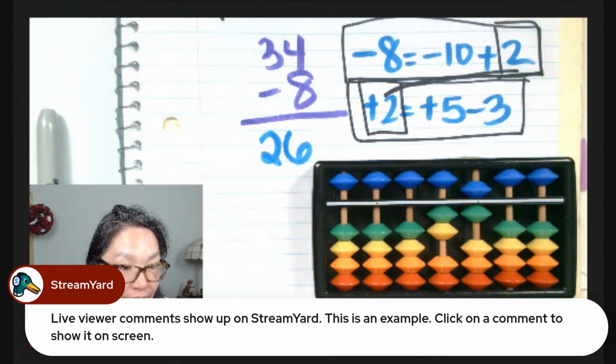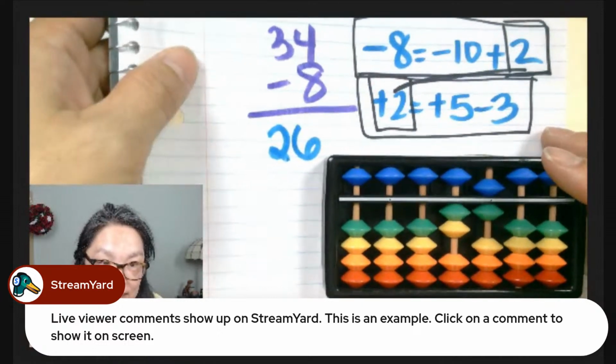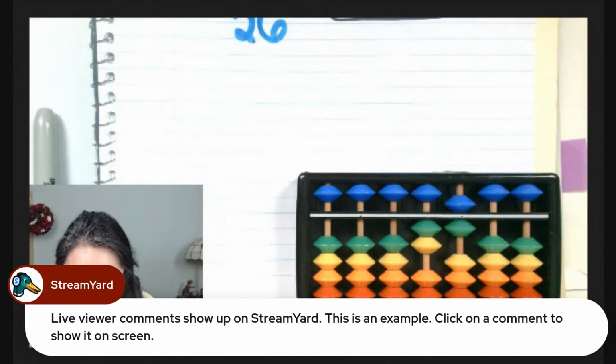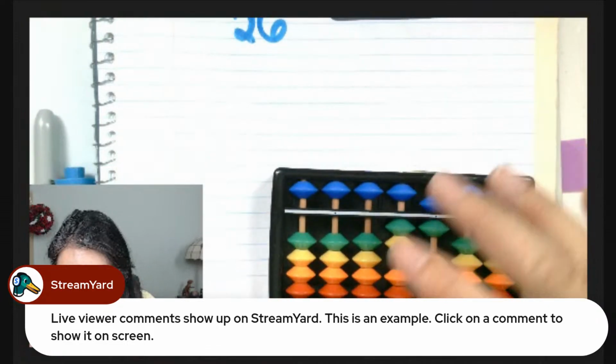Yeah, I feel like it's a puzzle. I love abacus because it's a puzzle. You're given a Tetris and you're trying to figure out how they all work. Thank you, Ethan. So the question is